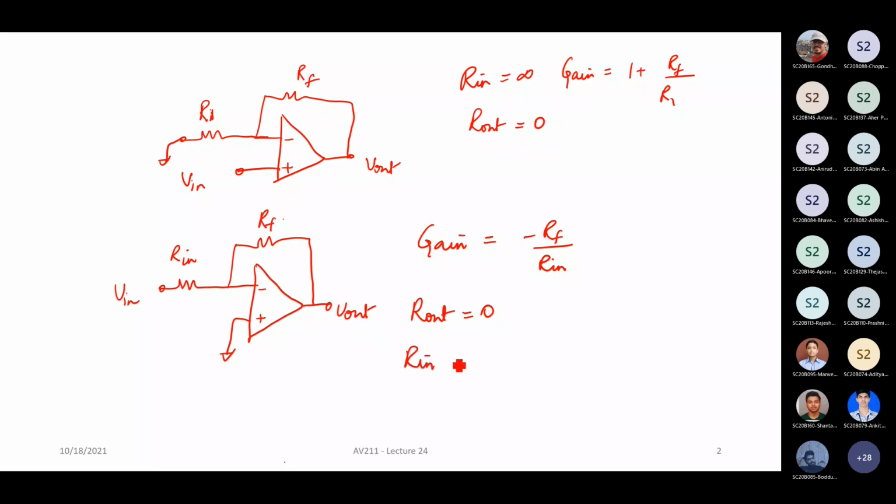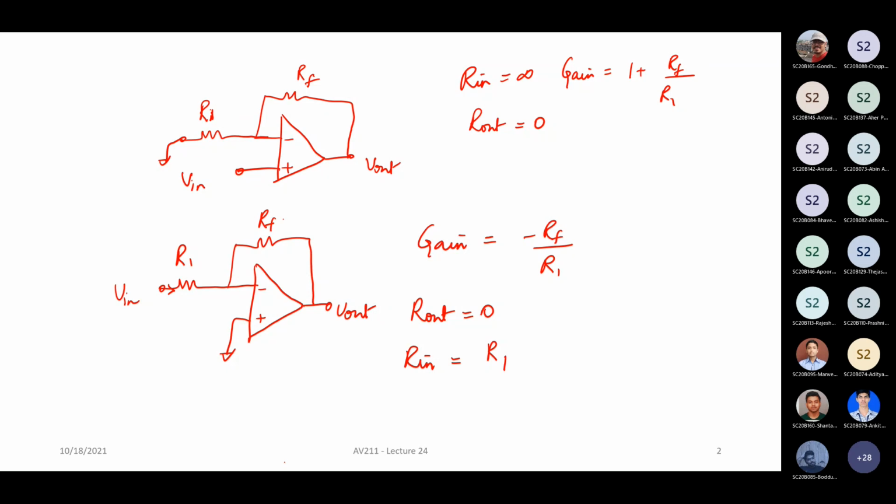Now, what is the input impedance? Can you tell me? Infinity. Why is it infinite? Rn. Sorry, Rn. Yes. So for example, let's stick to R1 so that you don't have multiple Rns to confuse everyone. So the input impedance is nothing but R1 because there is going to be a current flow here.